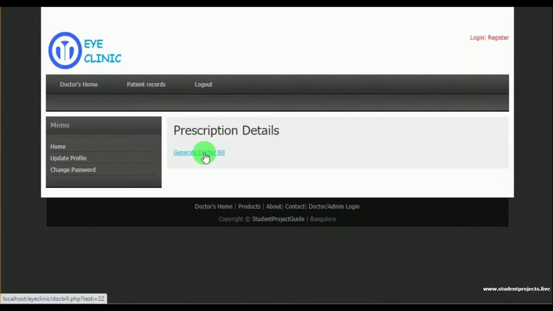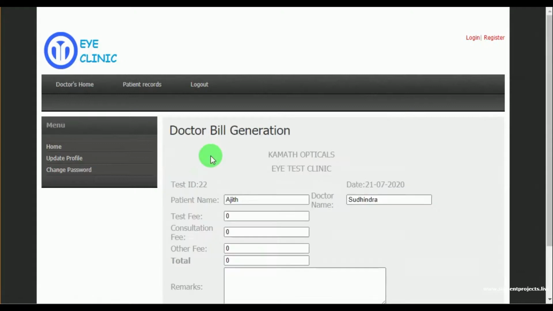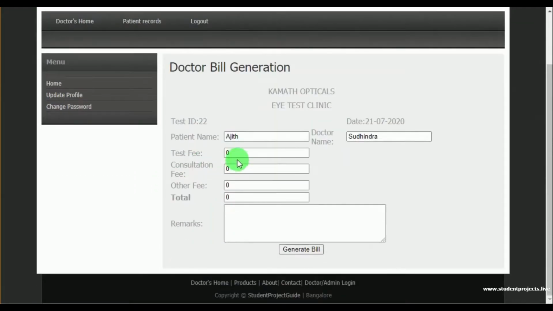Once the prescription is saved, doctor can generate their bill. Here doctor can mention the test fees, consultation fees and other fees details.